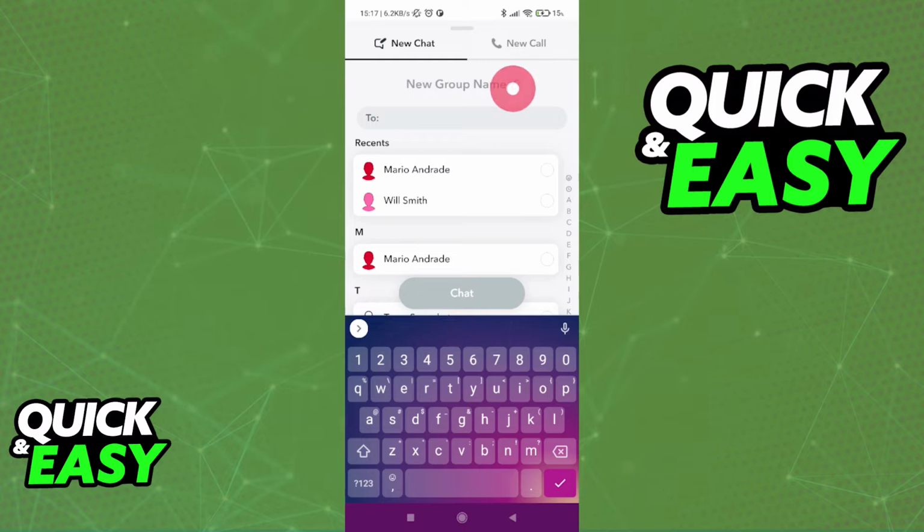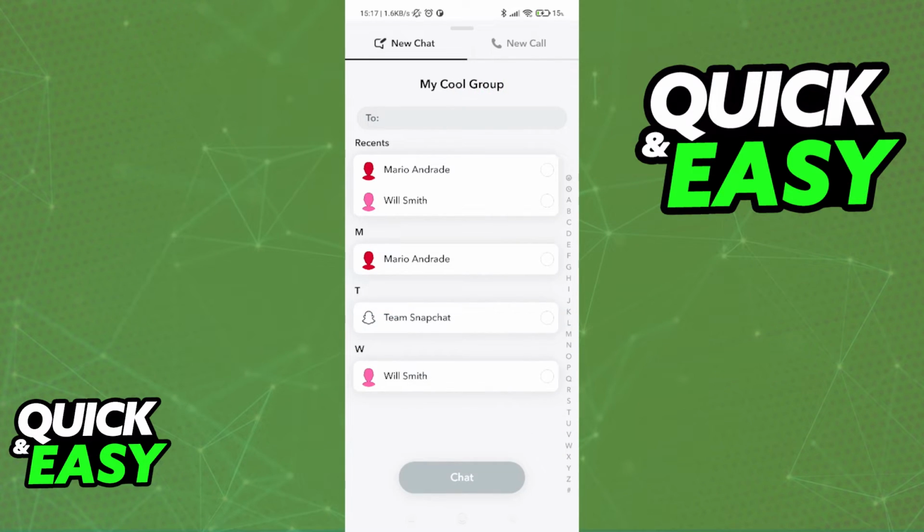Select the little pencil icon next to the name to edit the name however you want, for example, My Cool Group, and then select the people you want to add in the group. So I can select both of these people. As you can see, I don't have many friends right now, but you should have a lot, and then select